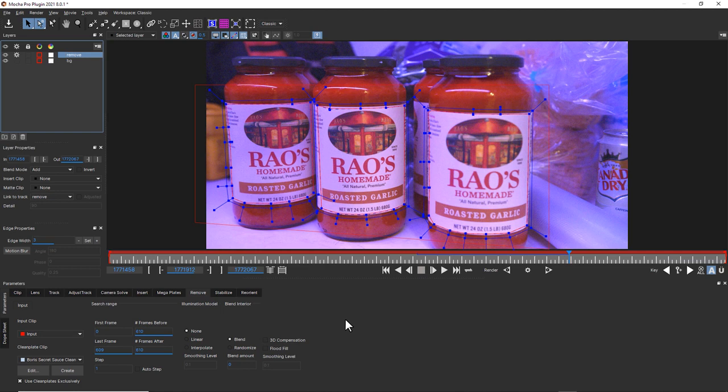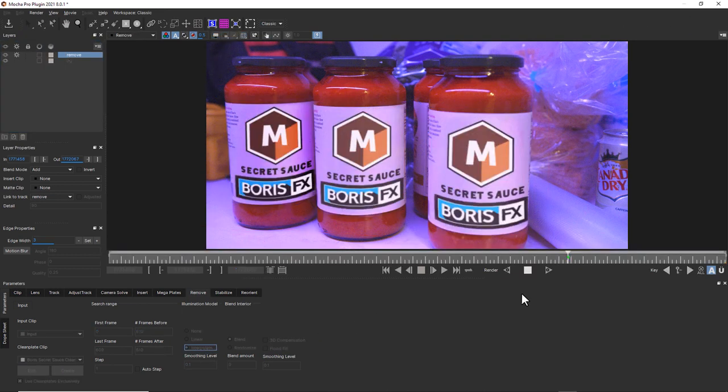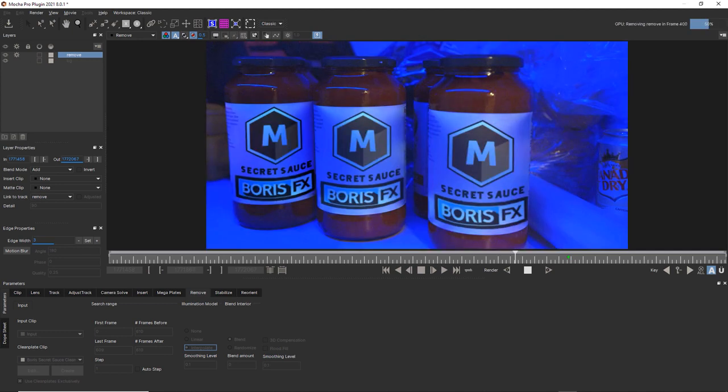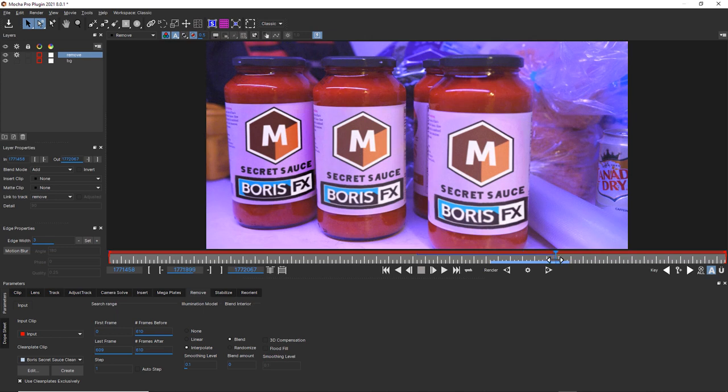Now, oftentimes when we create a remove, and there's this much lighting change, folks will try to choose interpolate. But let me show you what happens if I pick interpolate and render backwards. See how when the lighting changes, it does its best to try to match it, but because it's brighter up here and darker over here because of the pixels that surround it, we end up with this very odd lighting change happening. I want to keep my lighting consistent.